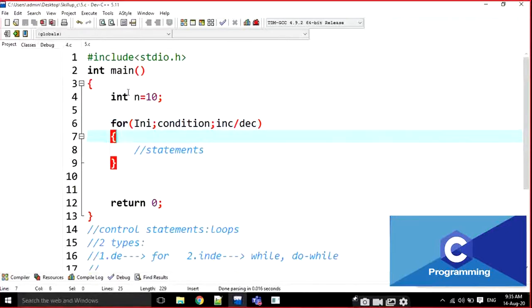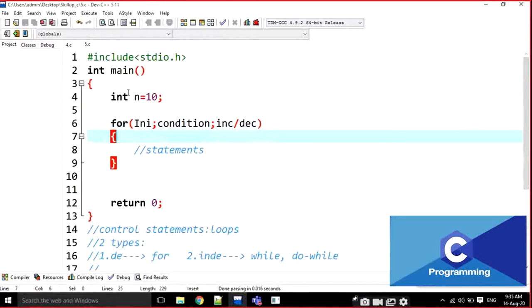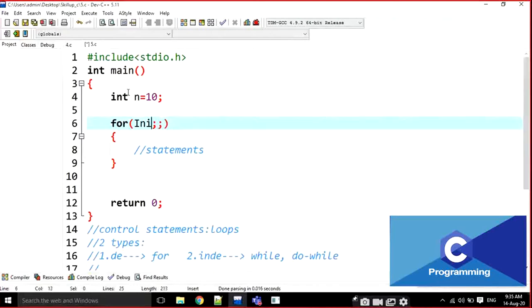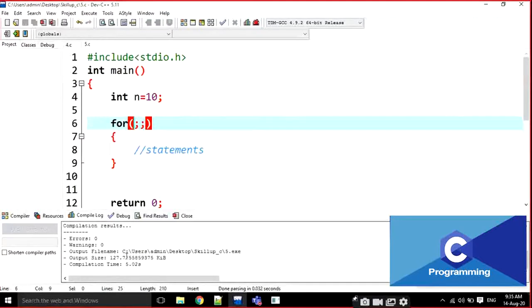And write one more point here. All three blocks are optional. If I'm not writing anything else, for example, and I compile it, there are no errors and no warnings.